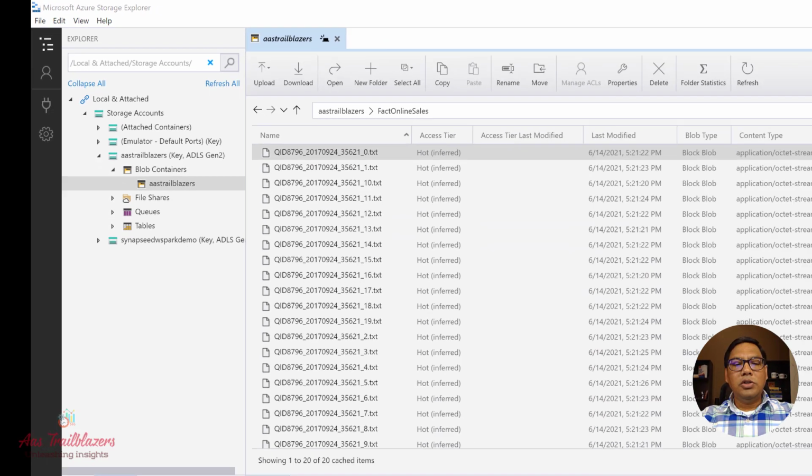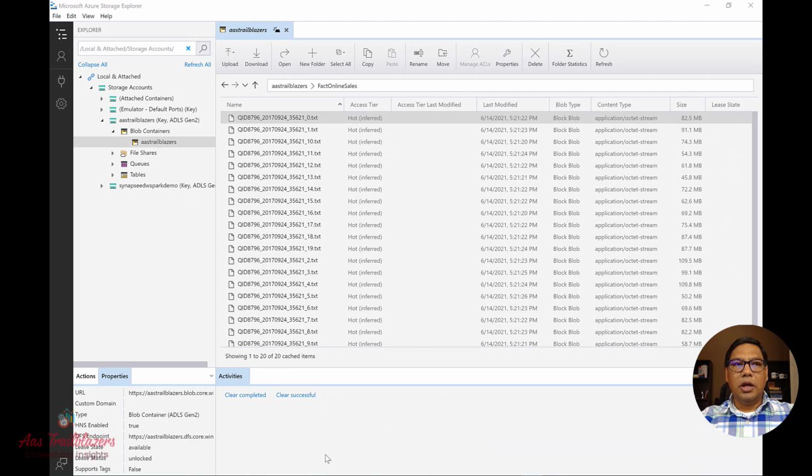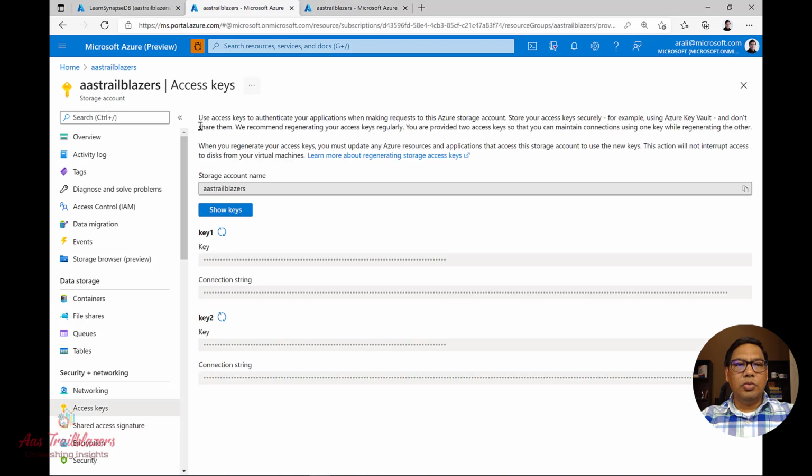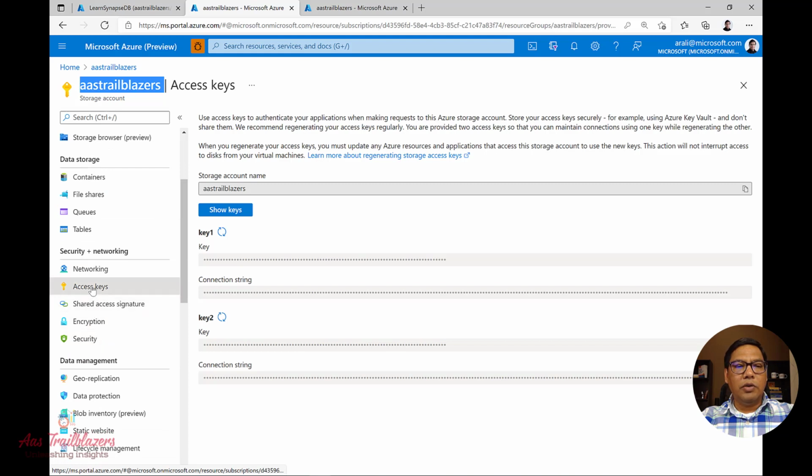Apart from that, I would also like to show you the storage account in the Azure portal, right? So if you go here into the Azure portal and go to the storage account, in this case Trailblazers is my storage account, you'll see there are a couple of options over here, and the very first one that we want to have a look at is the access key. If you click on this access key, this is how it's going to look. So for now, the key for this storage account is hidden here. You can click on show key and it will show you the key